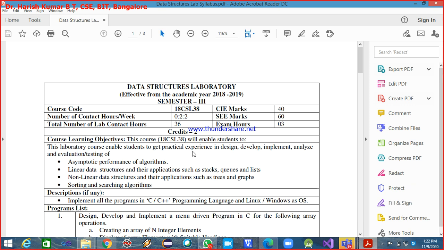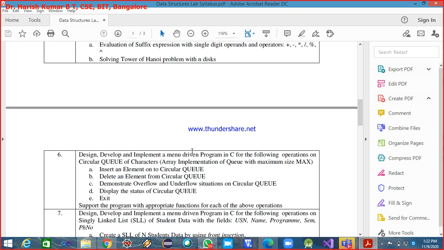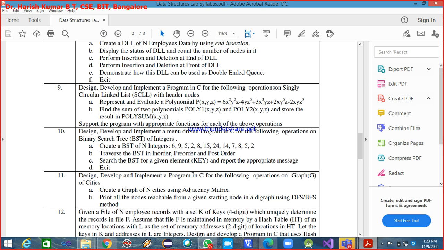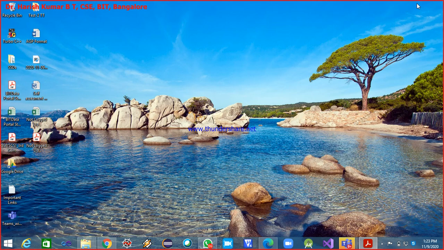Okay, so the next lab program is on the doubly linked list, and you should also know this. When we discussed stacks, we understood how to implement multiple stacks using a single array, and multiple queues using a single array.